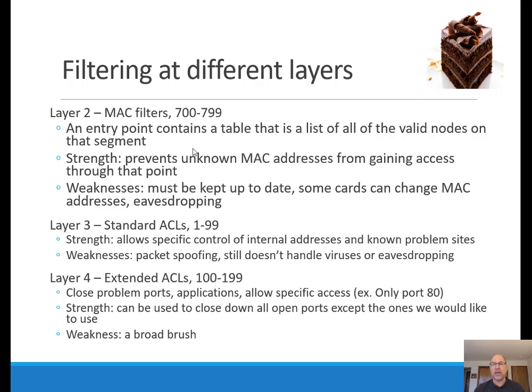Now, of course, the standard access list, a lot of times we think of those as being layer 3 access lists. And that's mostly because we're testing on source criteria. And the nice thing is that we can control access from specific nodes to specific sites. And usually what we do is when we're close to our hosts, we want to let them do a lot of stuff. But when you're close to a target destination, you really bring down what you're trying to control.